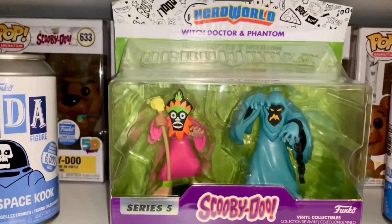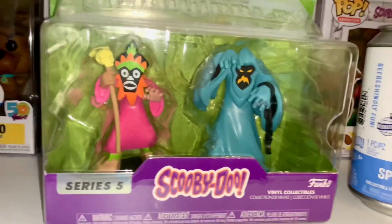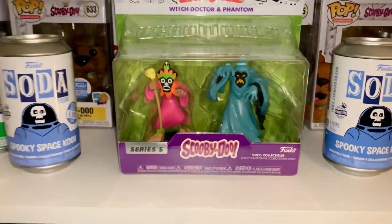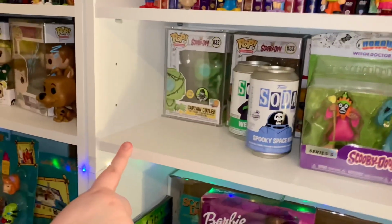Yeah, so it's the Witch Doctor and the Phantom Shadow here. I can't remember what episode the Witch Doctor's from, but I think the Phantom Shadow is from A Night of Fright Is No Delight. But I really like that. We also have some, I want to say rarer Funkos behind here too, so if we move those, we've got Captain Cutler,